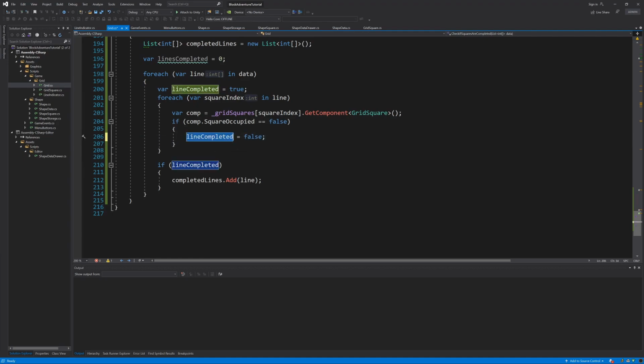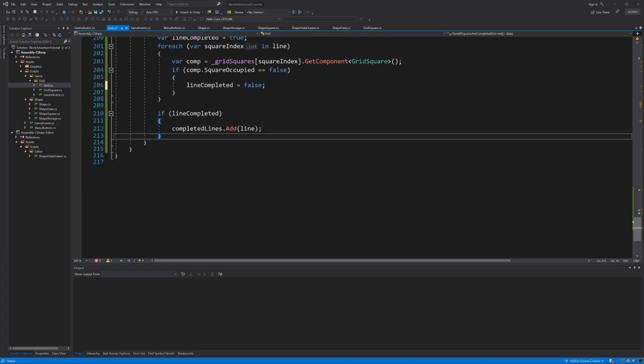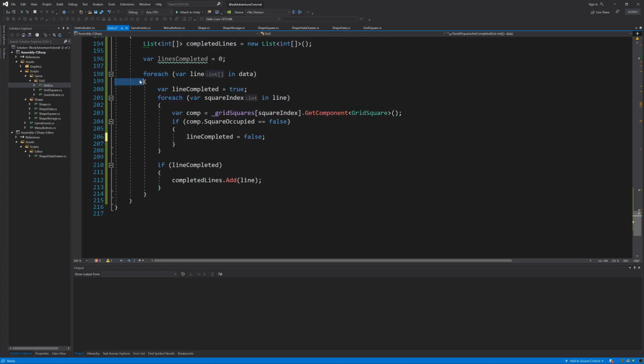And then we are at the end of checking every single square from the line. We're just checking if our line is really completed. If it is, we're just going to append it to our list. So this list contains only the lines which are completed. So there can be more than one line. Okay, and then outside of this for each,